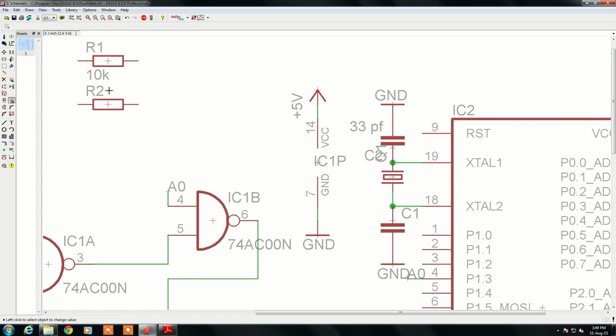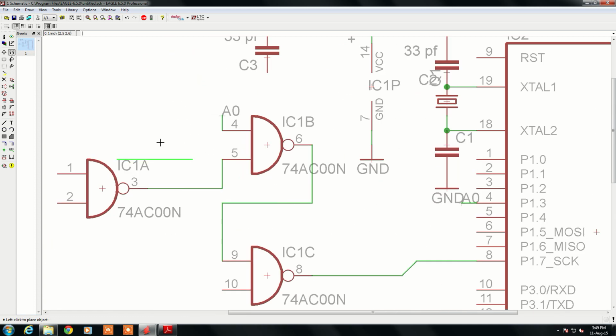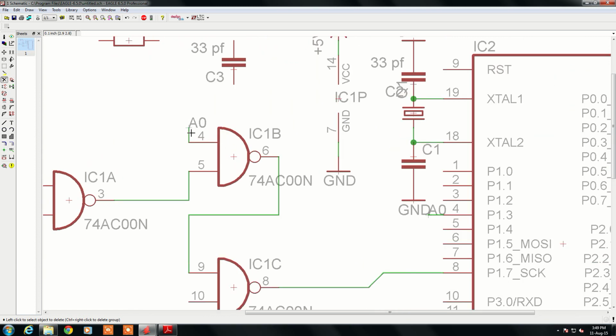You can copy the components, but never copy the wires. While joining, you never copy the wires. The reason is, if you copy the wires, then the same name will appear here, and this and this will be shorted. Let me delete this. Say for example, there is an A0 wire. I will copy this,